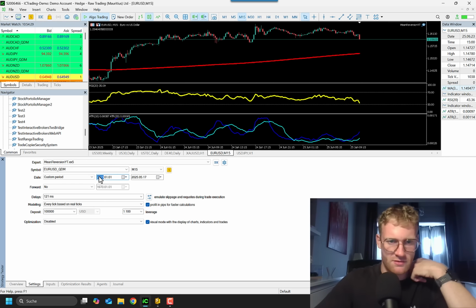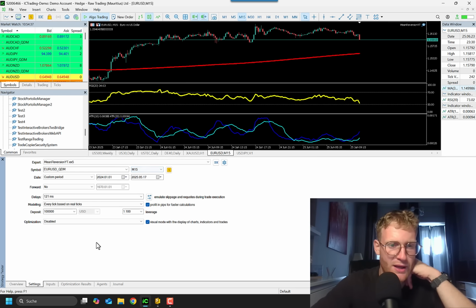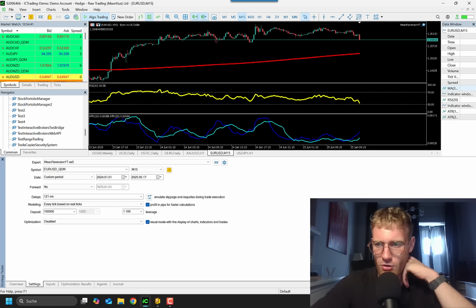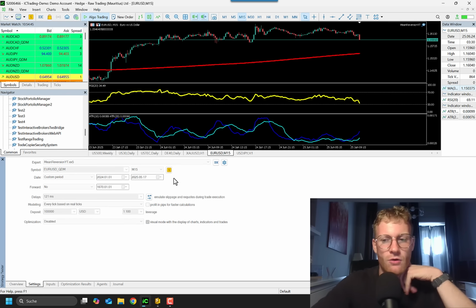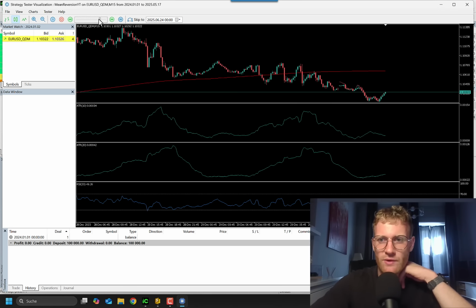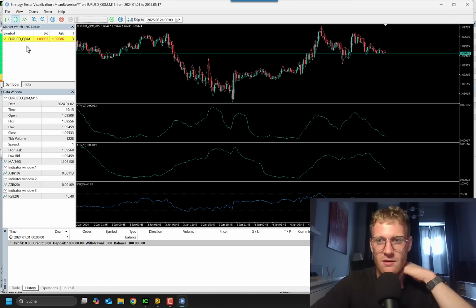We can choose everything else like time frame, period. I will just test from 2024 in the M15 chart. And you can see here we also have the inputs here. But yeah, let's for now keep the default settings. And if I click start now, you can see we will see a separate window. This is the visual mode of the strategy tester. And here we can see if I fast forward,